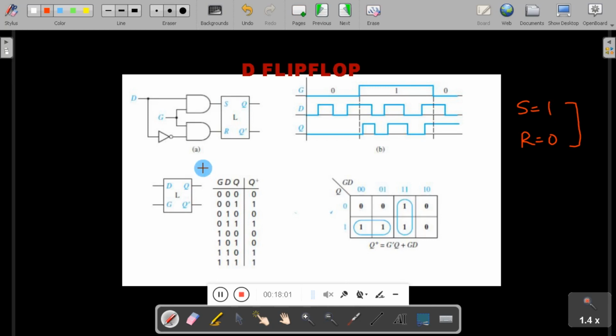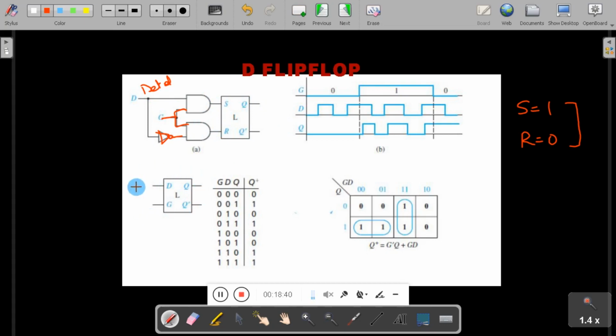So here you see D means data flip-flop. Here what we are doing is, we are combining both S input and R input by using an inverter in between, and call this a D or data input. Other than that data input, both inputs of the AND gates are controlled by the gate signal. So the output of this is fed to our SR latch. Now this is called a D flip-flop. A D flip-flop is constructed using SR, where S and R are interconnected by means of an inverter.